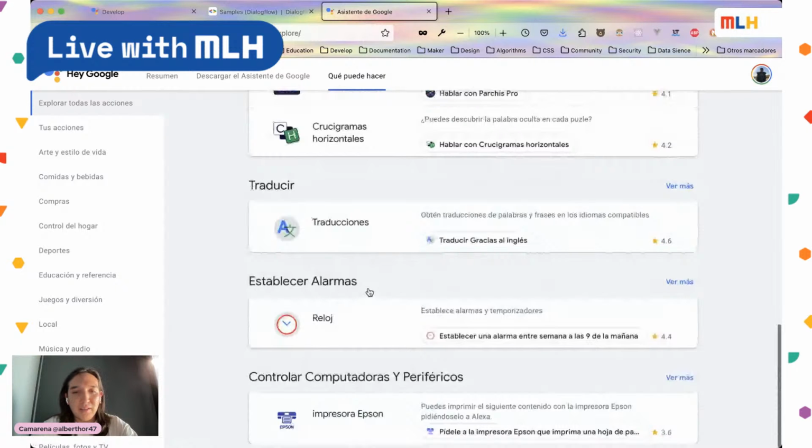Shopping, for example, you can shop in Amazon from your Google Assistant. I think Alexa already has it by default, but you can do it in Google as well. That's the thing. So let's return